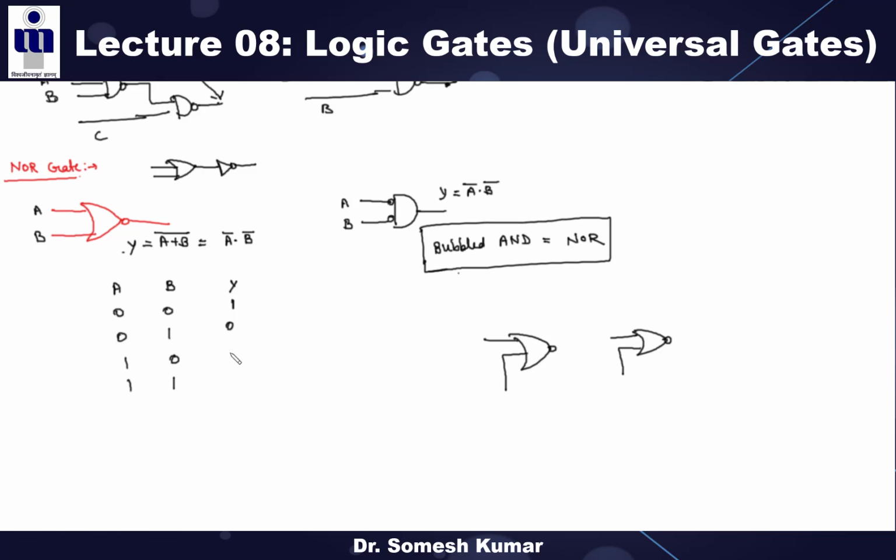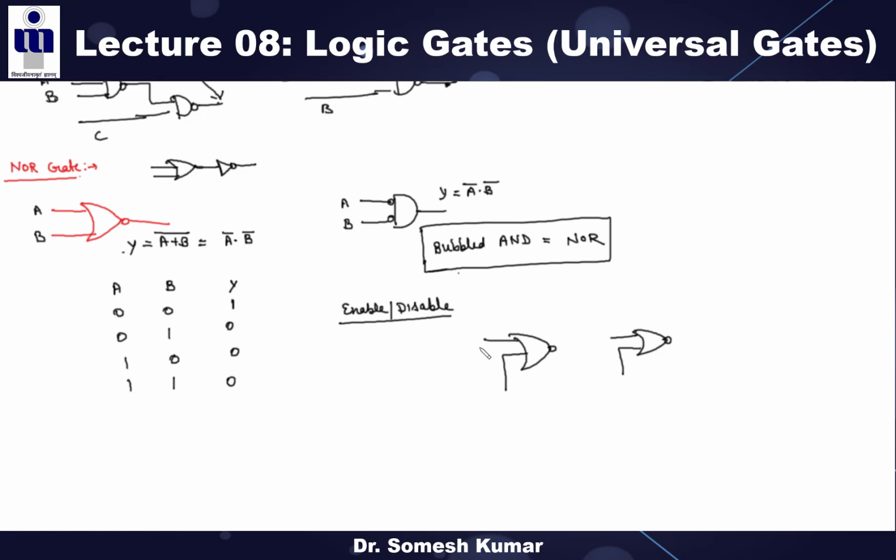It is also 0, right? It means the inverted input of your OR gate, because this OR gate is connected to the NOT. So this is your NOR gate. Is the truth table clear? Now tell me about enable and disable, the same thing we are discussing for all the gates.